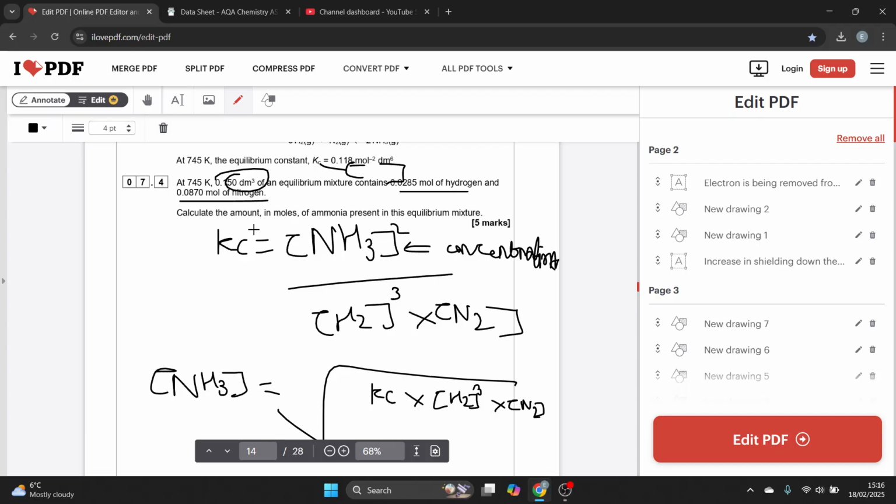So Kc is 0.118, and the units are mole to the power minus 2 dm to the power 6, times by hydrogen, 0.0285 divided by 0.150 cubed, times by nitrogen, which is 0.0870 divided by 0.150,